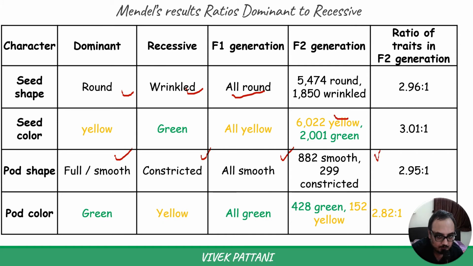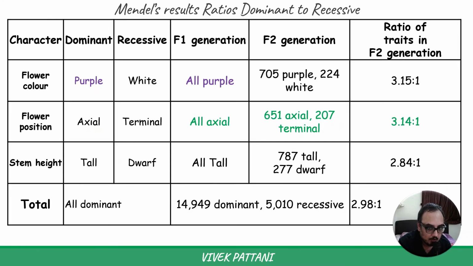And in the F2 generation, 6,022 were yellow and 2,001 were green, giving rise to a ratio of 3.01:1. Similarly, pod shape and pod color had ratios close to 3:1. Now the flower color: the dominant is the purple one, and the recessive is the white one. In the F1 generation, as purple is the dominant one, all the plants had purple flowers, and the ratio was